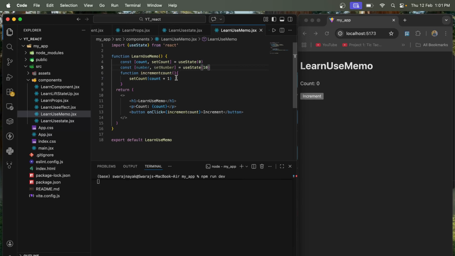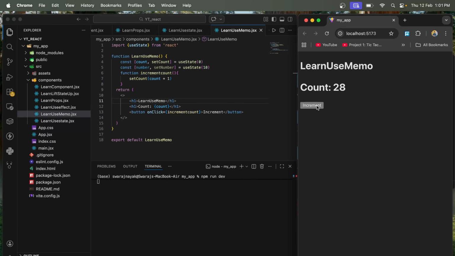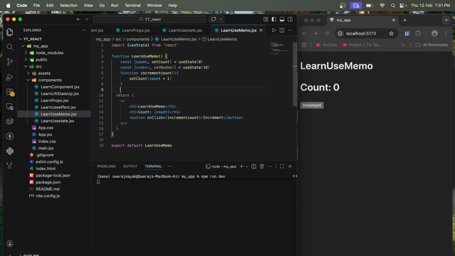Okay, 10. So now you see that I don't have any lag. Now you see that it's working. Here I can change it to h1, so it's showing a bigger version. Nothing happens. But if I have a very critical calculation, like a function that sums up 1 to 10, 1 plus 2 plus 3 plus 4 plus 5 plus 6 plus 7 and so on, that's a very critical calculation. If I have 1 lakh or 1 million or 1 billion as the number,